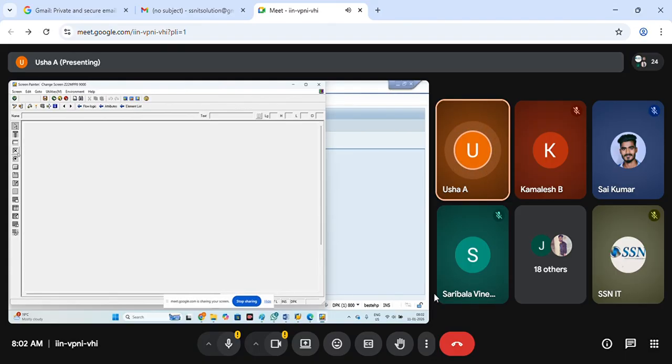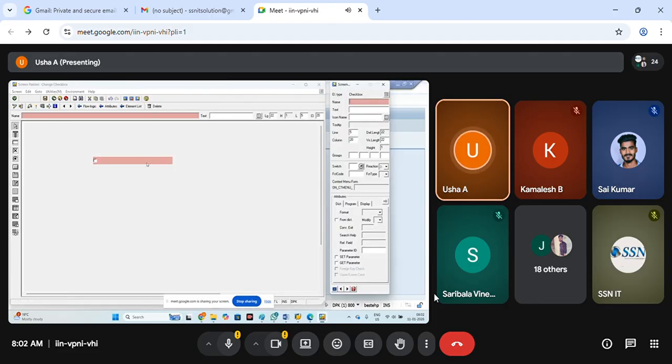Here I can create alone checkbox, or I can create multiple checkboxes also. So for checkboxes, what all attributes? Name, text, sales order number, and that's it. Name, text is enough for checkboxes.